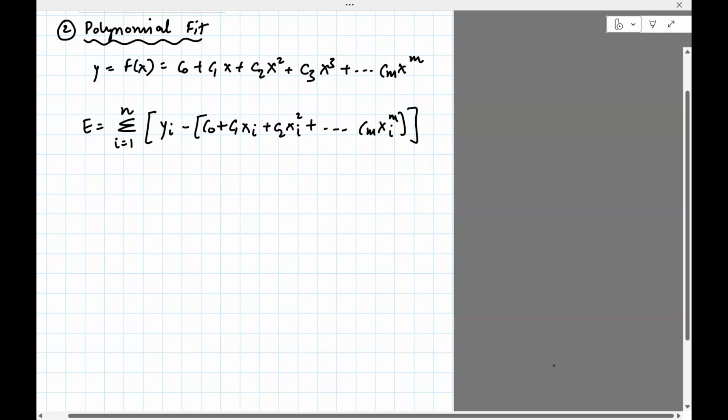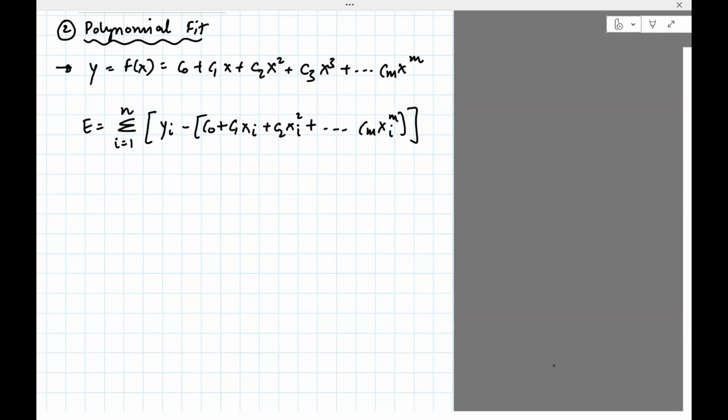Okay, so we're doing best fit curves. We did linear regression, which was fitting a straight line. Sometimes the data is best fit using a polynomial. So let's look at a polynomial of order m. A polynomial of order m, like the one shown here, has m plus 1 constants, c0, c1, c2, and so on